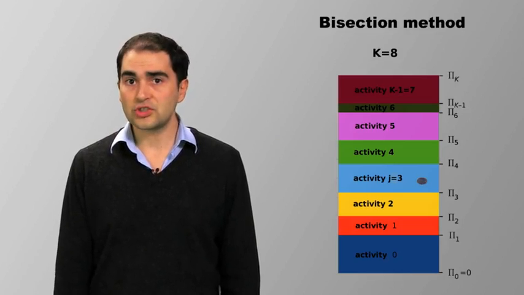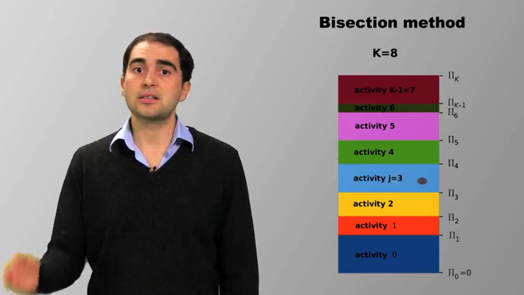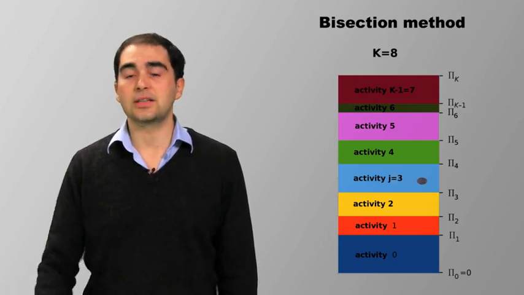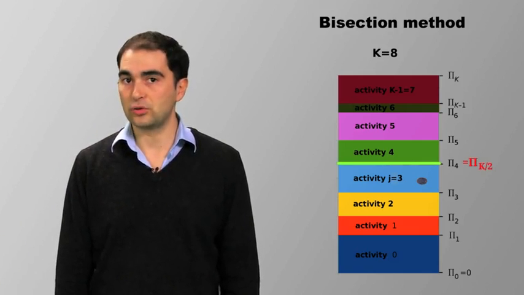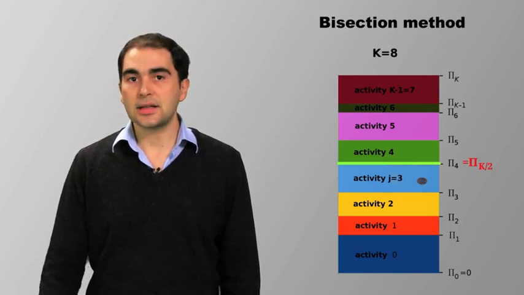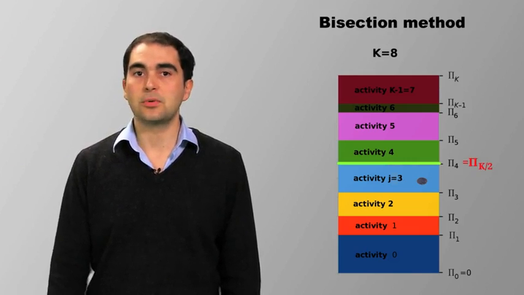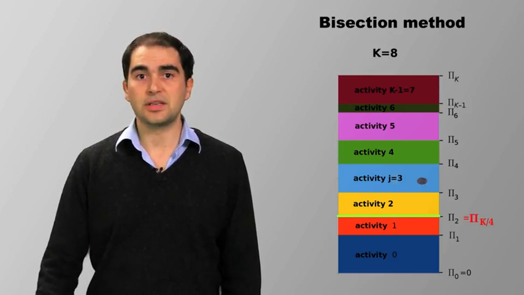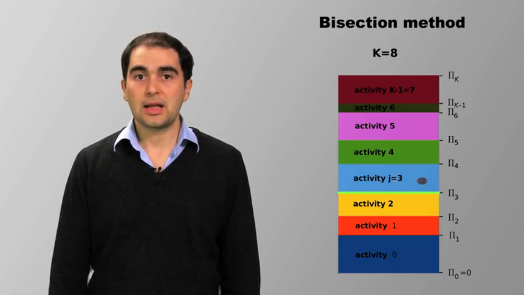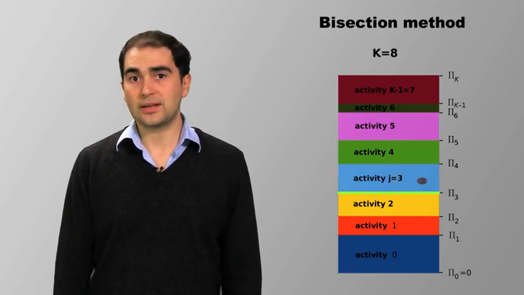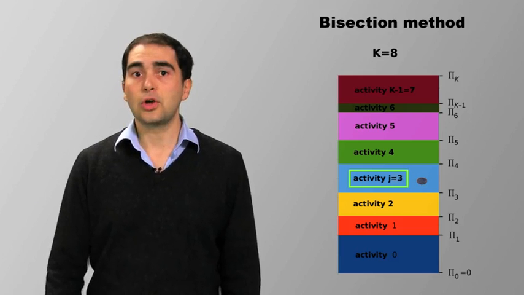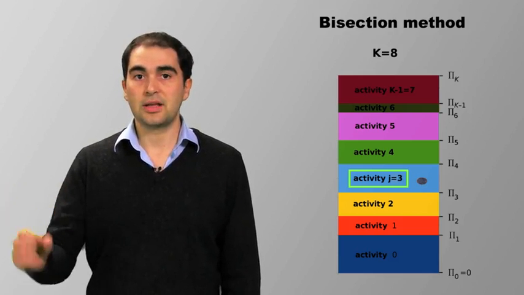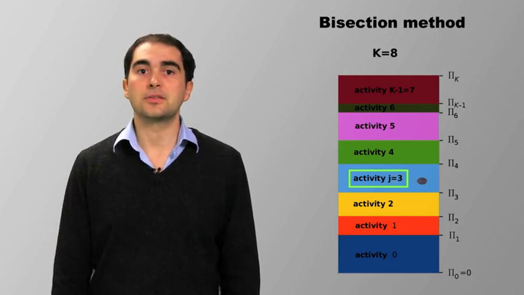We should first check if upsilon is smaller or larger than pi k over 2, and then cut the range of possible indices j in 2 for any subsequent iteration. After log 2 of k operations, we will find the box, and this number gives the